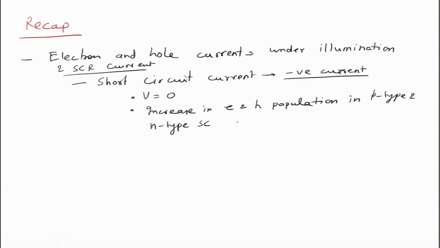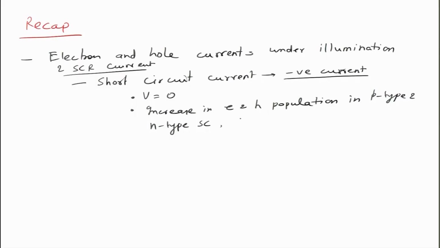So as a result you get the current which you do not get in forward current when you apply a bias. So essentially you get a negative current. What it means is that holes travel from n side to p side and electrons travel from p side to n side, and this happens because